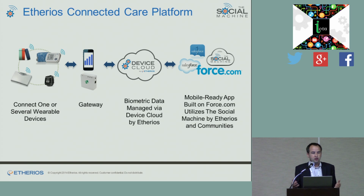So in terms of what that looks like, we're calling it the Etherios Connected Care Platform. It's the ability to connect one or several devices. In our case, I brought a blood pressure monitor, but it could be activity trackers, pill bottles, scales, pulse oximeters, right? And then ultimately aggregating and managing that data in the device cloud, and then building that front end, whether it be a custom application or, as we'll go through in a quick slide demo today, really on